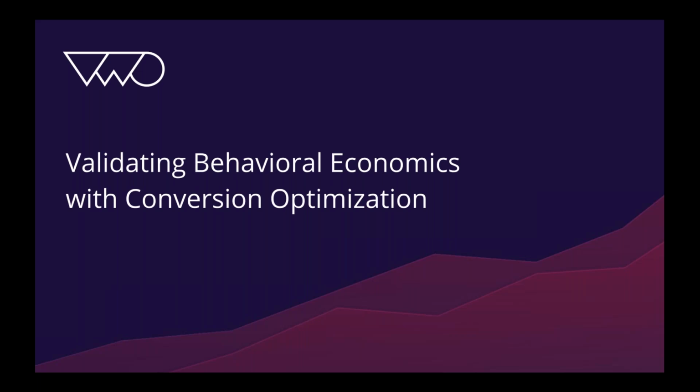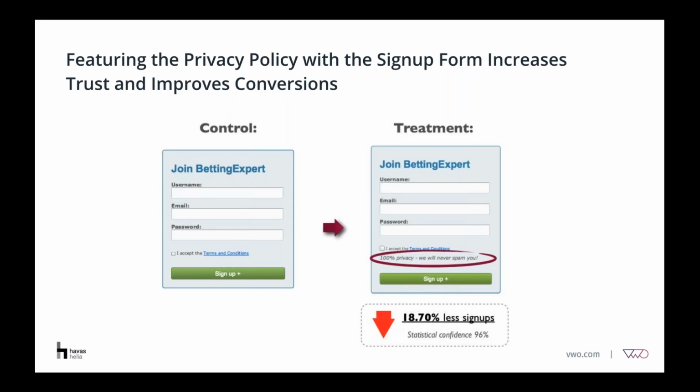Conversion optimization tells you that you might have a hypothesis and you might have done a lot of research, but every website is different, the audience is different, and you might have a lot of diversity within your audience. You might have tons of personas on your website who portray different behaviors. So what I'm going to do is take you through a couple of case studies where websites tried to apply such methods and failed.